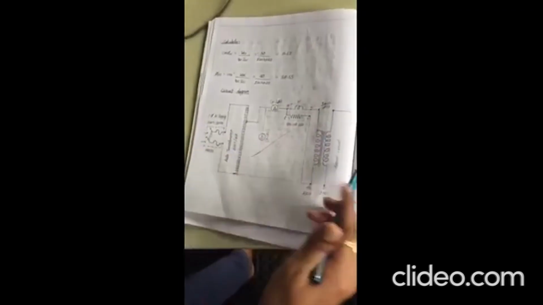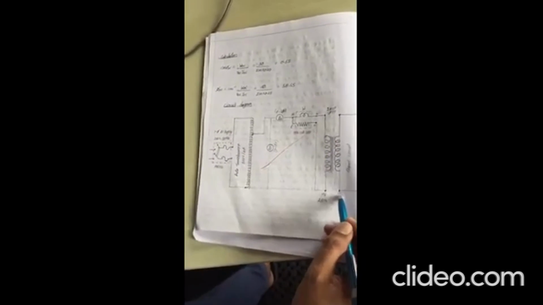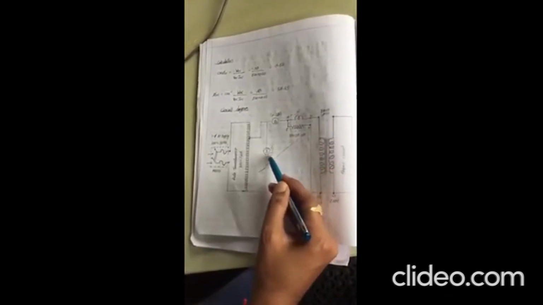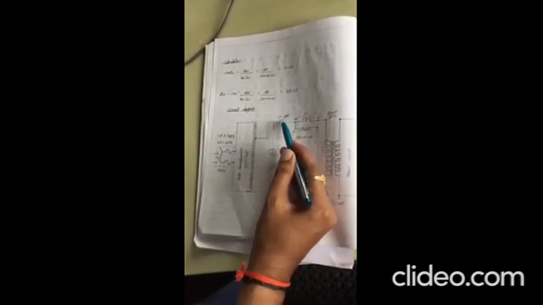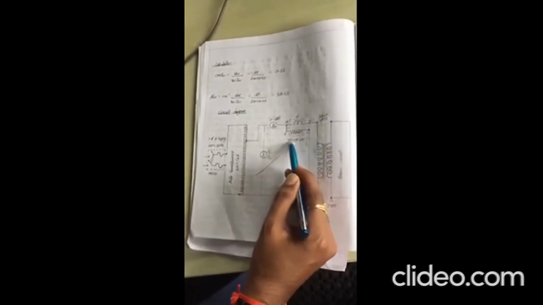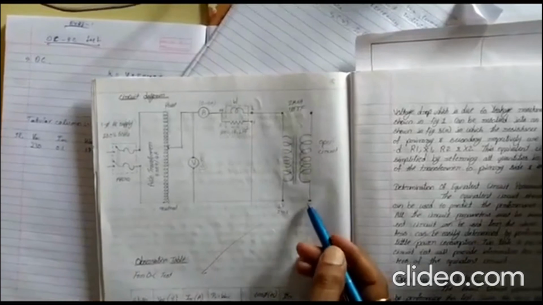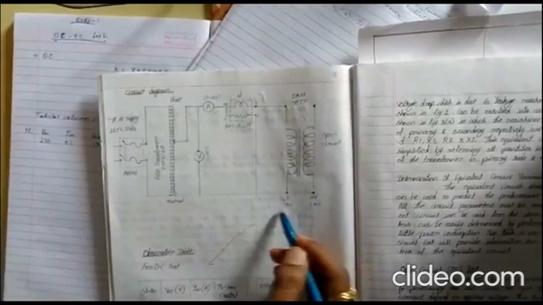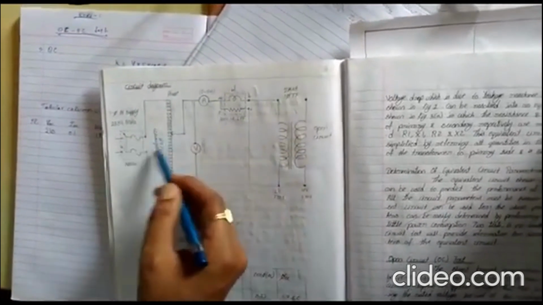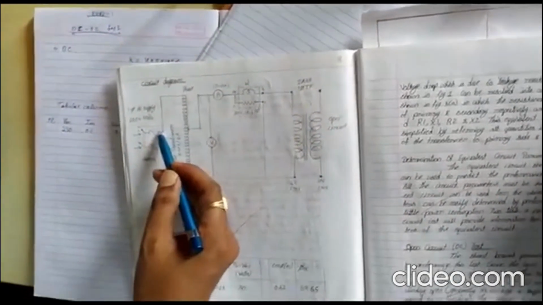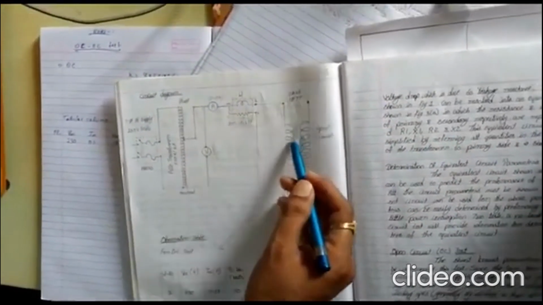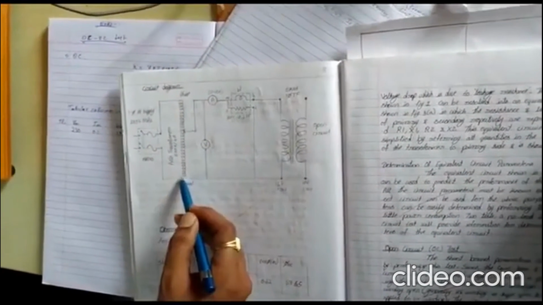Next is SC test. Here you have to short circuit the LV side of the transformer, and again the same circuit diagram. The only thing is here you have to connect voltmeter of range 0 to 15 volts and 0 to 1 amps ammeter, and for the wattmeter you have to use a UPF wattmeter with 15 volts. You can see here, this HV has to be kept open, as in this case both are at 230. You can keep any one, either primary or secondary, open, and this is the auto transformer. The supply has to be given to the auto transformer, then output of the auto transformer is given to ammeter, then wattmeter, then it is given to the transformer, and 0% is connected to the neutral.